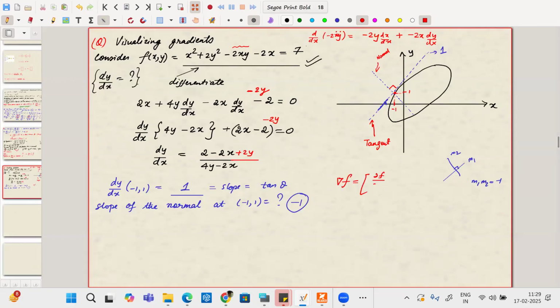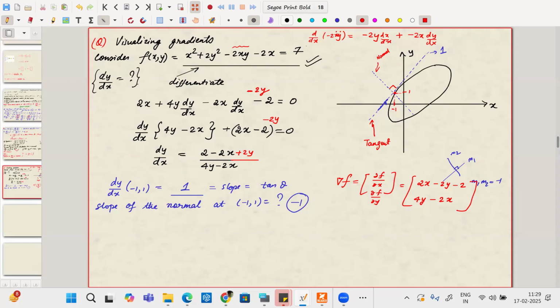That will be dou f by dou x, dou f by dou y, right? What should be the value here? Dou f by dou x gives us 2x minus 2y minus 2. What is dou f by dou y? 4y minus 2x, that much. Okay. Now